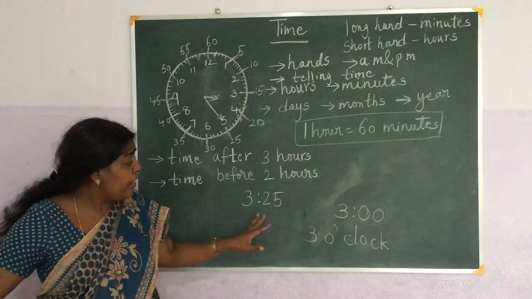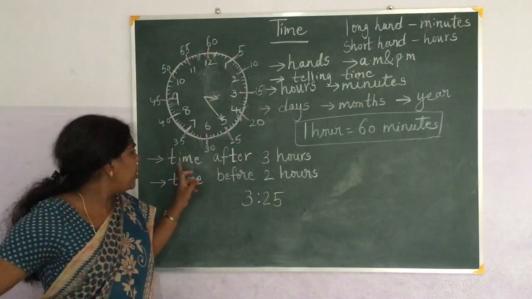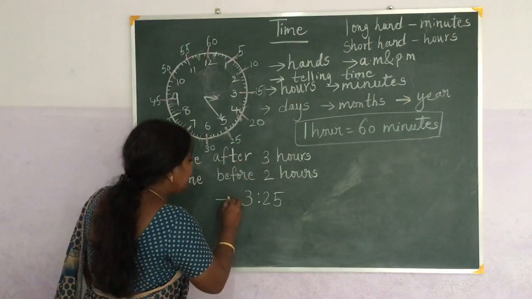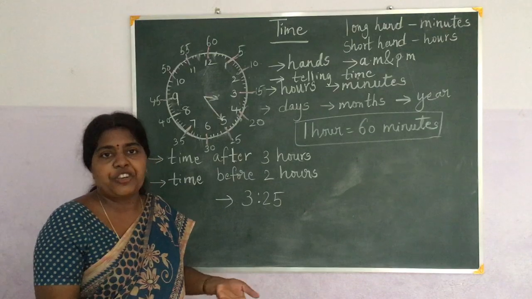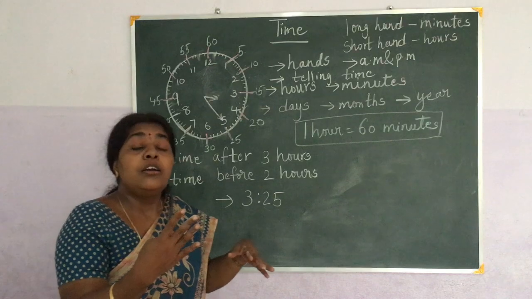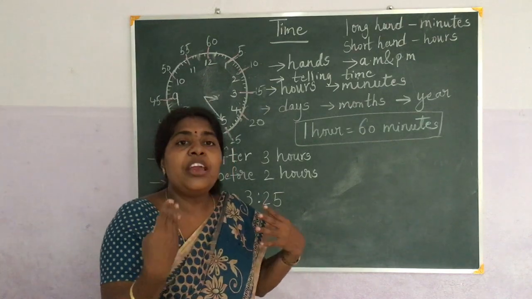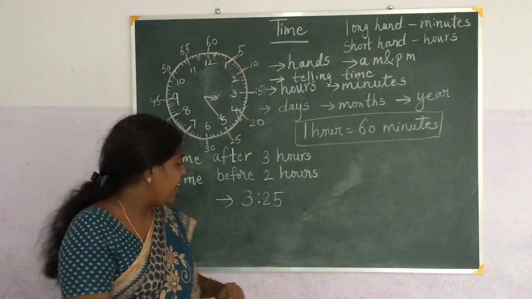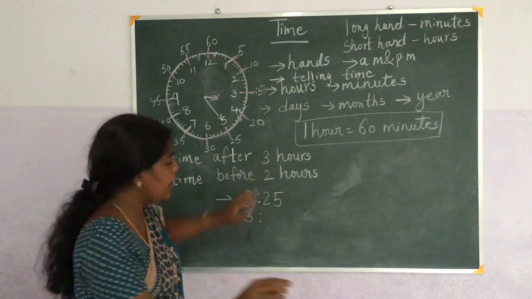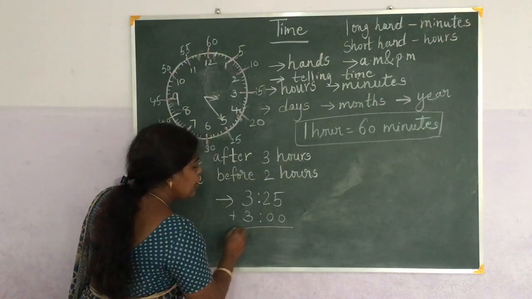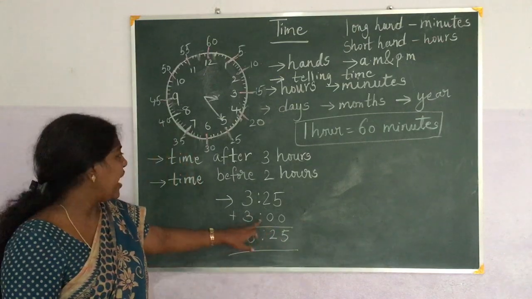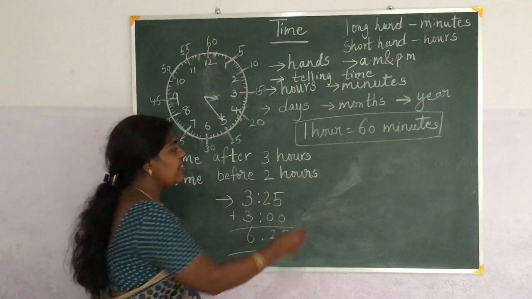Now, can you tell the time like this? Here I am asking the time like this. What is the time after 3 hours? Now the time is 3:25. What will be the time after 3 hours? After 3 hours means you should add it. How many hours should you add? 3 hours you should add. I am asking only 3 hours, minutes I didn't give. So, what will be the time? It is 6:25. So, the time after 3 hours